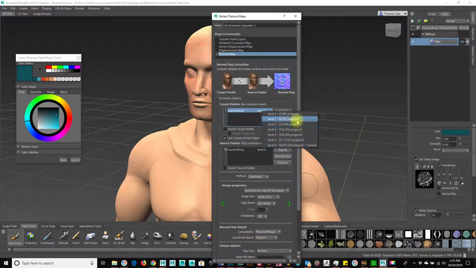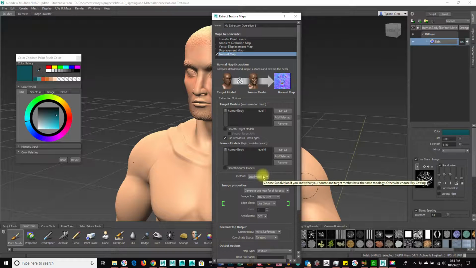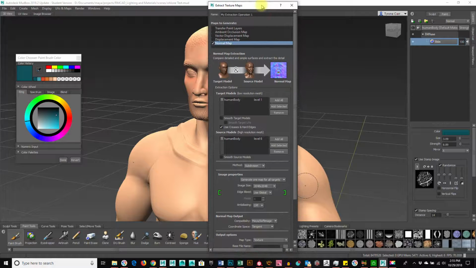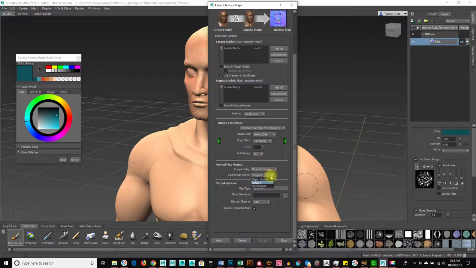Let's say, fine, we'll do level 1. Level 2 would be better, but let's say level 1. The source is the high res, level 6. The method I'm going to use is subdivision. I'm going to use a 2K texture for a normal map. Anti-aliasing, let's use 6x. 8x would also work, but we're going off of tangent space normals, and we're going into Maya. And the output is a texture, and I'm going to name it